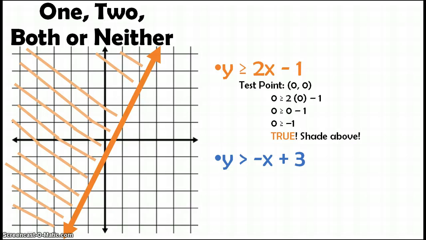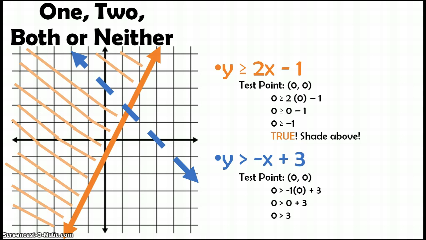We're going to graph our second equation at positive 3, go down 1 and over 1. It's a dashed line because it's just greater than. Again, if we pick our test point 0, 0, we're going to put 0 in for x and 0 in for y and solve, and we got 0 is greater than 3. This is not true, so we don't want to shade where 0, 0 is, so we want to shade above